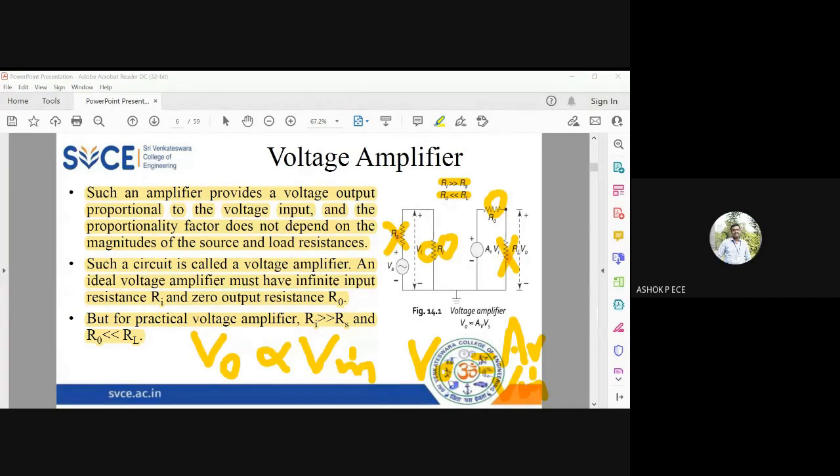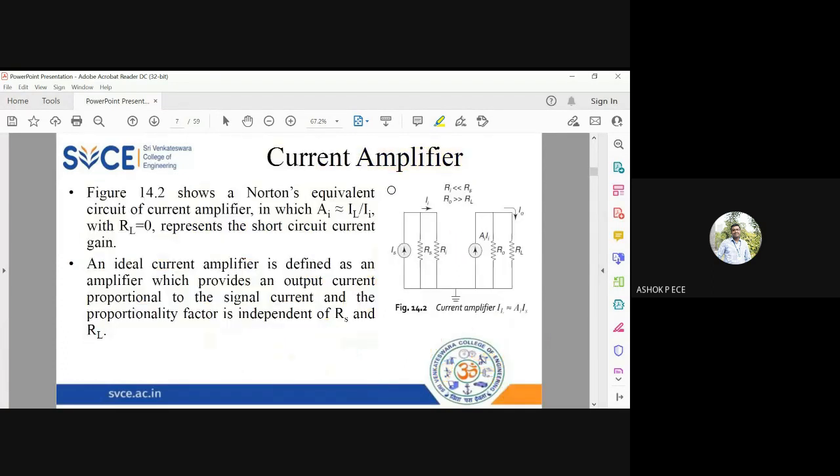Common emitter and common base are good voltage amplifiers. So common emitter is a voltage amplifier. Common base is also a voltage amplifier. But common base is not a current amplifier because the current gain is 1. It is only a voltage amplifier, whereas common emitter configuration is going to be both voltage and current amplifier. So knowing the trick of how to draw the circuit diagram from the name voltage amplifier, we are going to do the same thing for